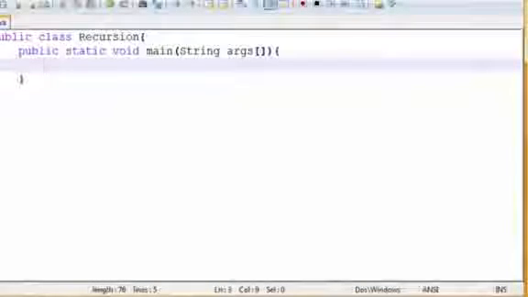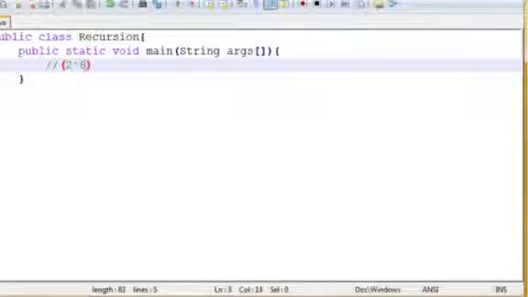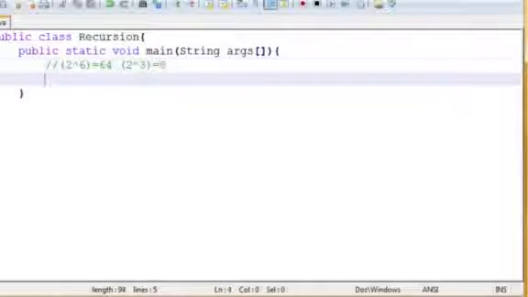Alright, let's get started. Today we're going to make a recursive program to calculate powers of 2. So we're going to create a method where we can calculate 2 to the power of 6, and we'll find that that is equal to 64, and 2 to the power of 3, which would be equal to 8, etc. So, to do that, we're going to have our method, which we're going to call 2pow,